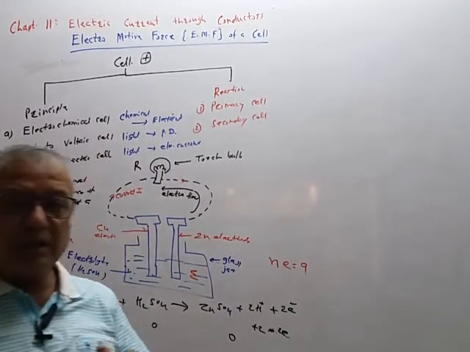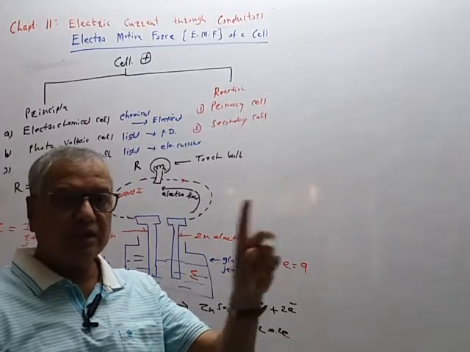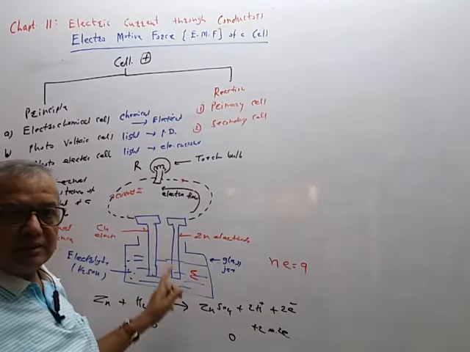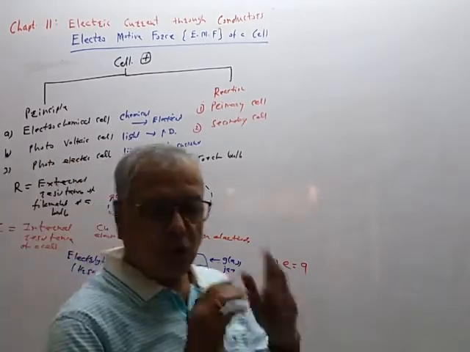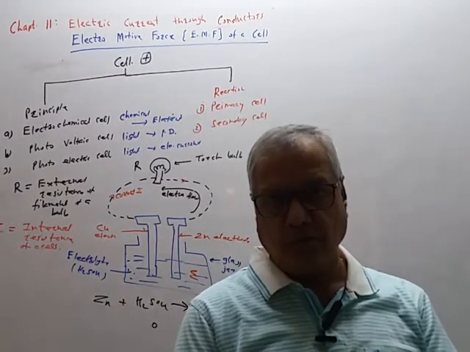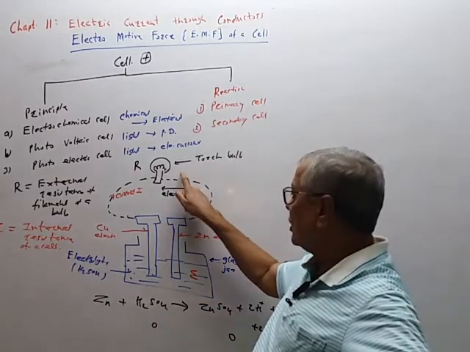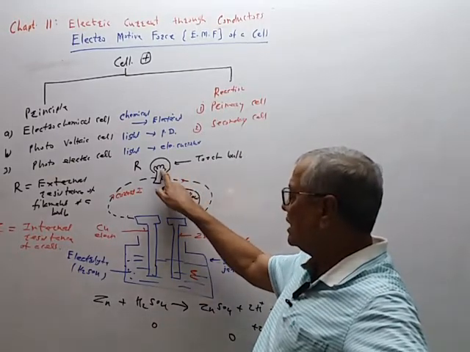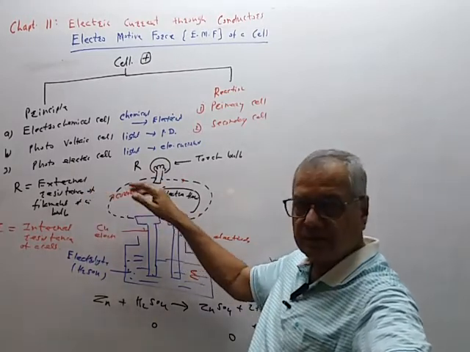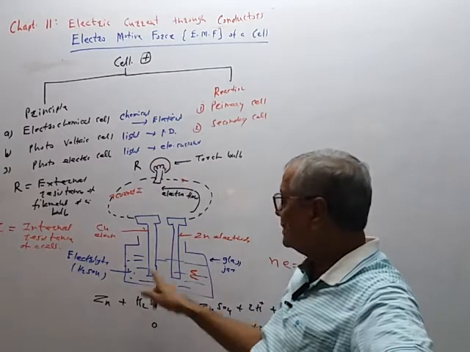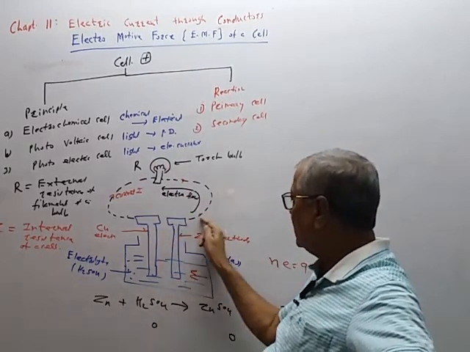So in this simple circuit arrangement, we are using two devices. One is a torch bulb and the other is a cell. Both devices produce opposition to the flow of the electron, opposition to the flow of the current. This torch bulb has a filament. That filament offers the resistance. It is the external resistance. Outside the cell is called external resistance. And the other is this. Now, when the electrons circulate like this, they will move in this direction.